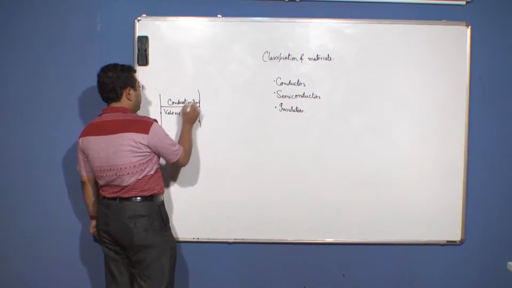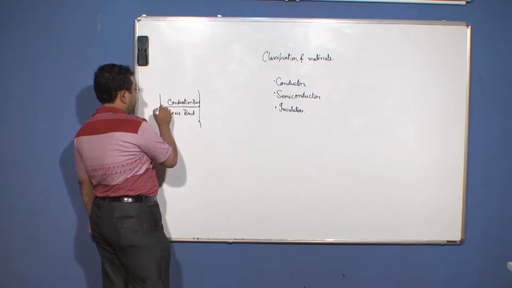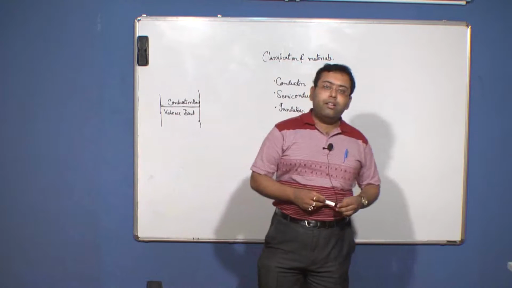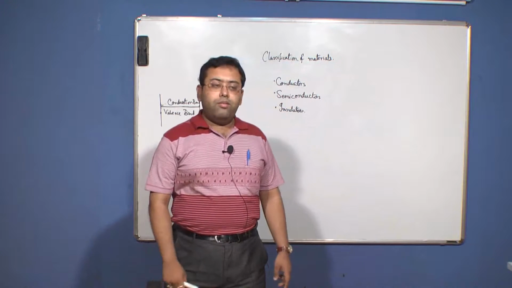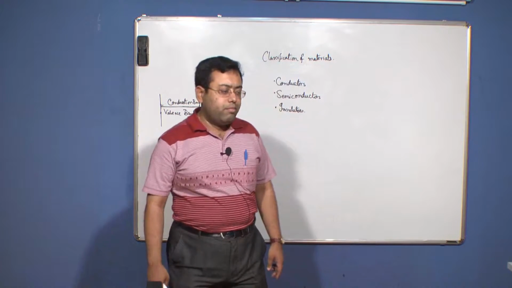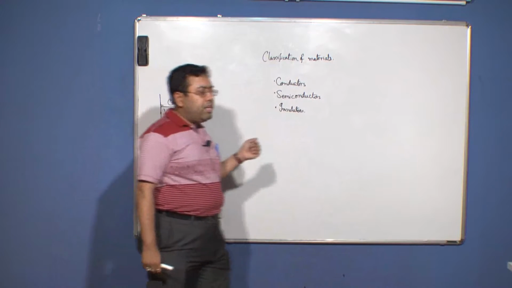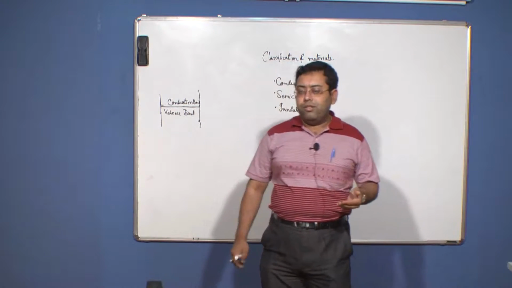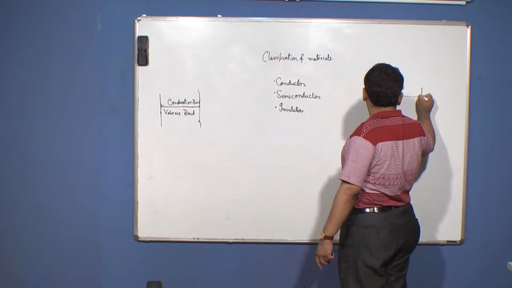So, at any temperature you will find some free electrons exist in the metal, and on applying a potential difference across 2 points in a metal, electrons move from the lower potential to the higher potential. So, in order to form free electrons in a metal, you do not really need to provide any energy to the material. The opposite class belongs to what is known as